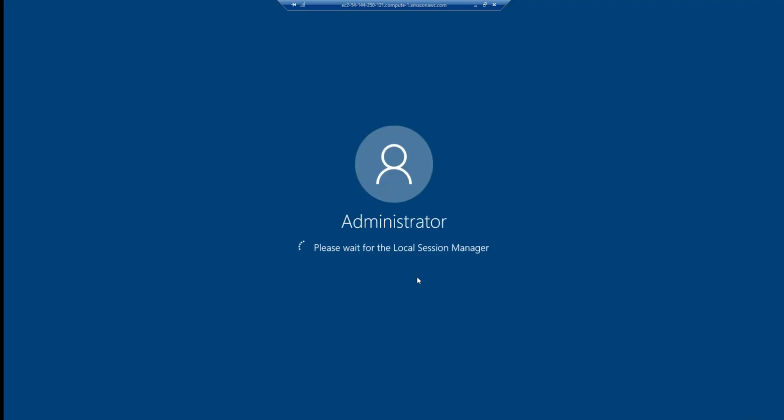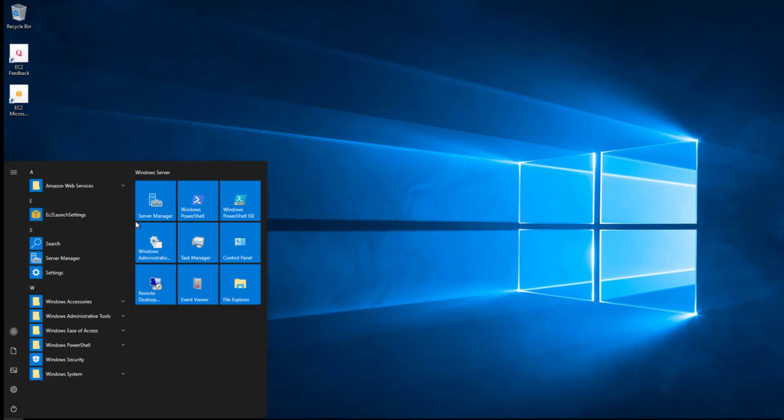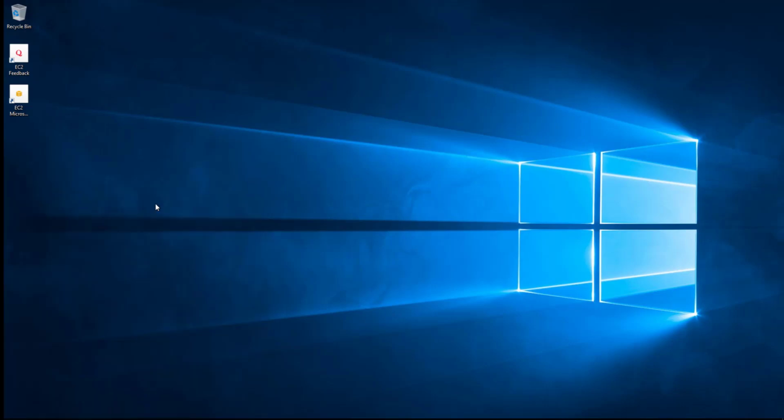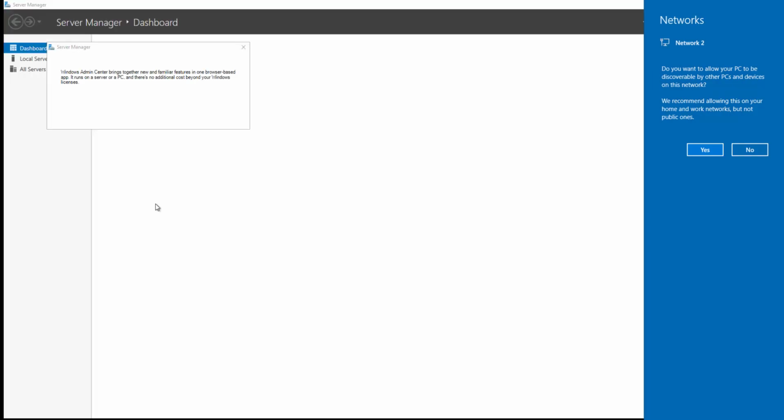Now once the machine comes up, the first thing is to make sure that you turn the enhanced security off. So wait for the instance to come up. It will automatically set up your personalized settings based on your administrator user. So wait a while before things are all done. Yeah, now the machine is up. So you can now go and click on server manager and you have to turn off the enhanced security. Click on the local server. Once this comes up,